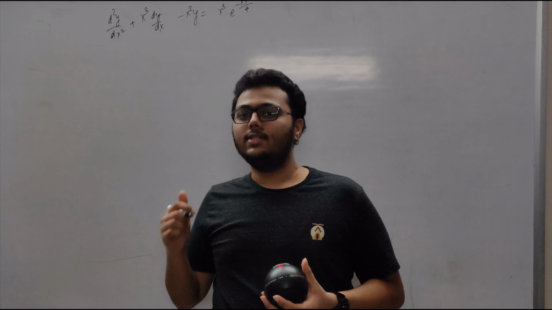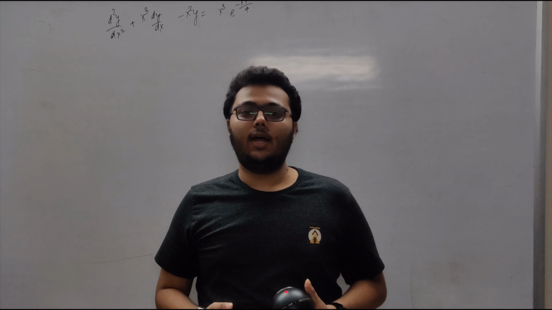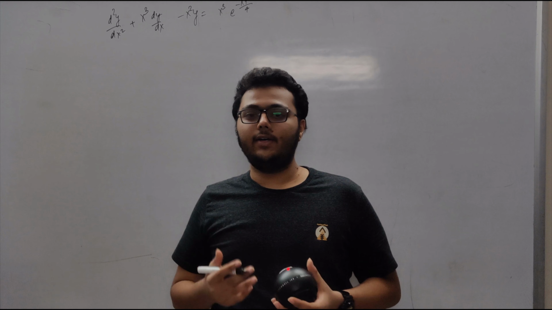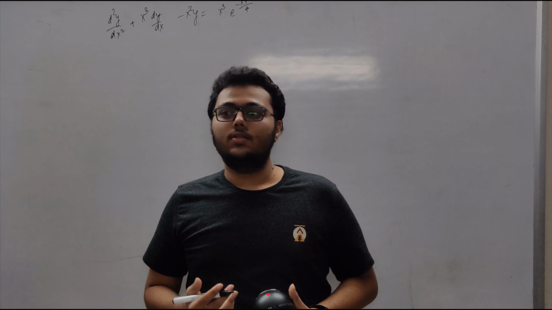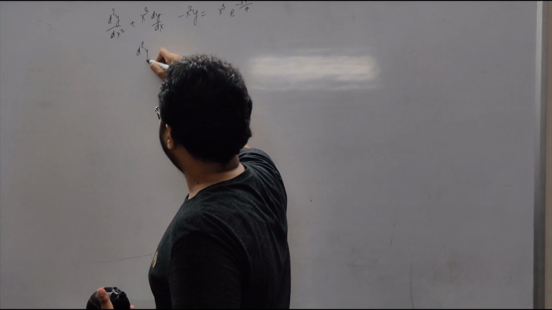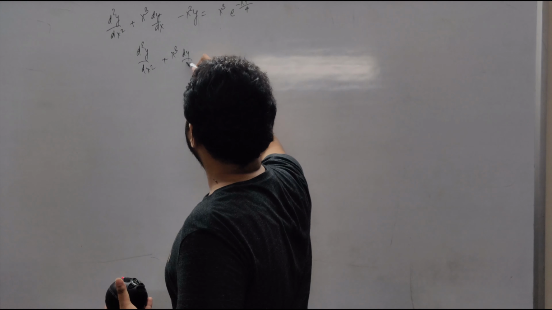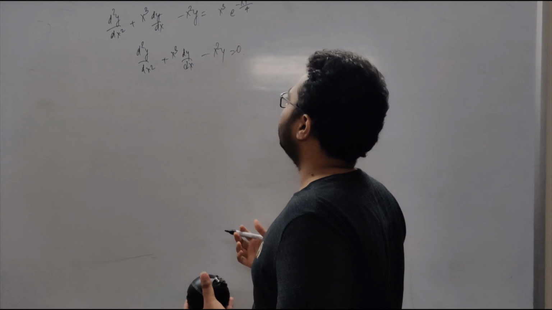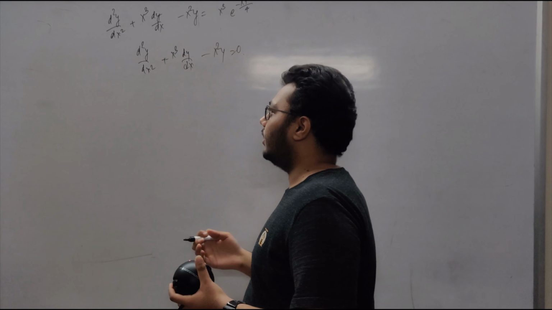Okay, so we have a second order linear differential equation on the board. You can pause the video here and try to solve this by the method I just showed you, and if you find some troubles in the method, you can see the solution as well. We first have to find the root of this equation, x cubed dy by dx minus x square y equals to 0. We have to first find the roots for this equation. Now we have to do that by guessing.